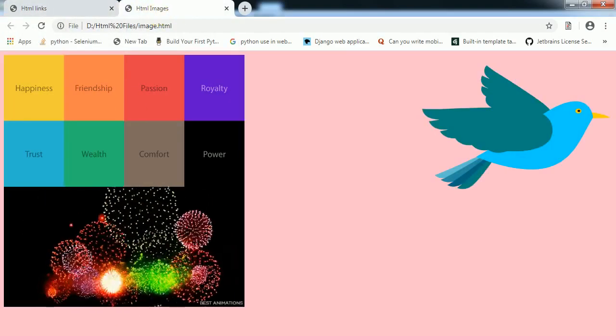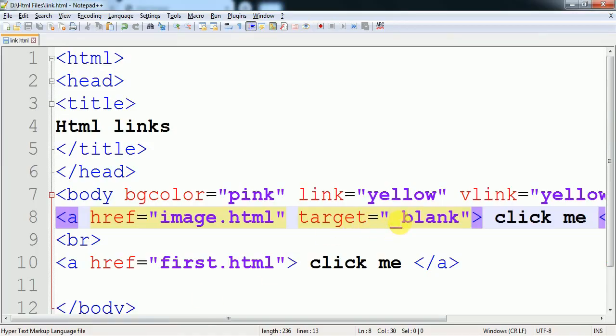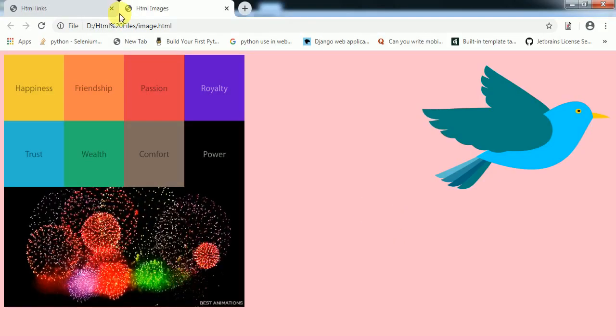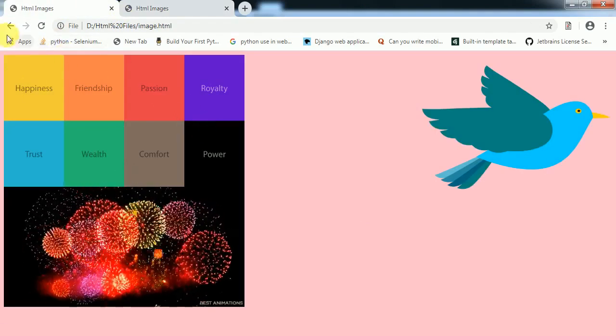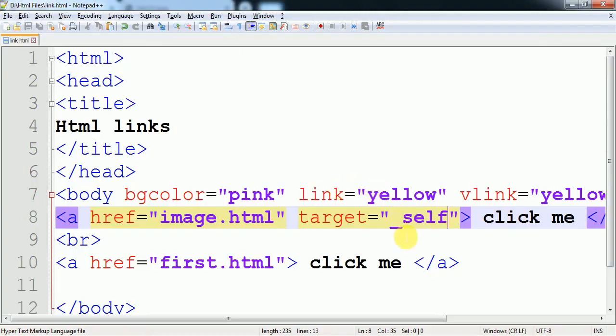In the target attribute, by default the value is self, which means that the file opens in the same tab. Click on this. Now it opens in the same tab. If the value is blank, then the file opens in another tab. So it's up to you which one you want to use.